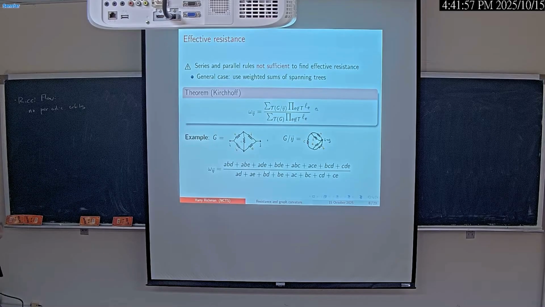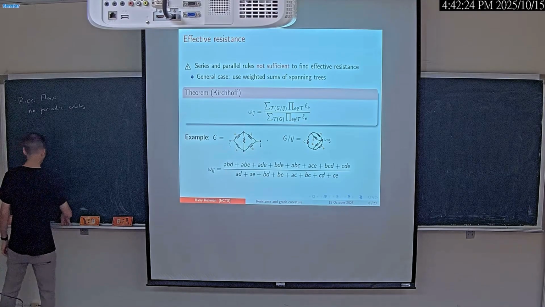And then within each of these, we take a sum of spanning trees, and each spanning tree corresponds to a single monomial in the expression. So we see that combinatorics comes up through looking at the set of spanning trees, and this was already known in the 1800s through the work of Kirchhoff. So as one example,